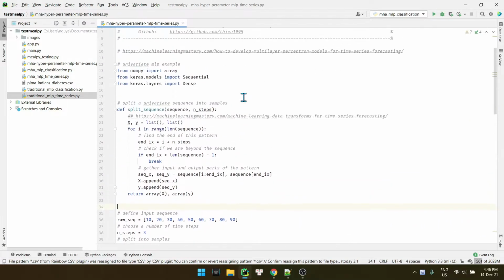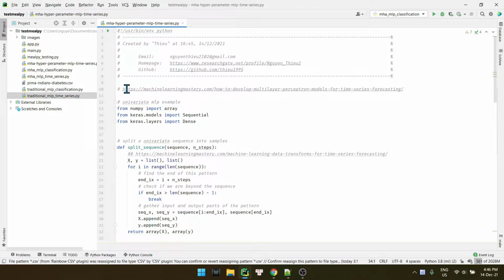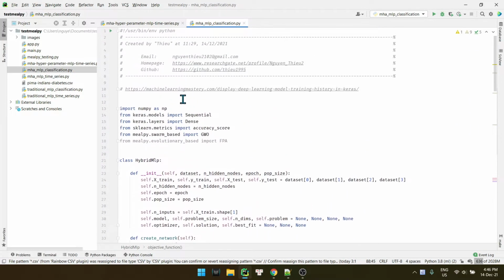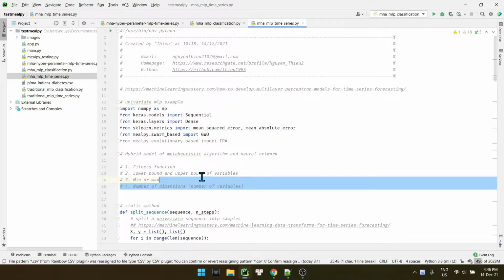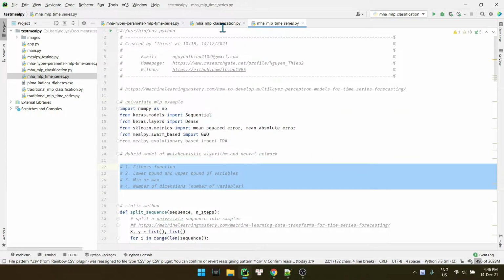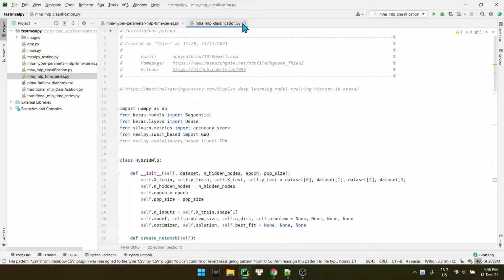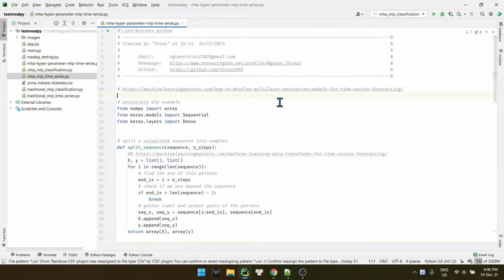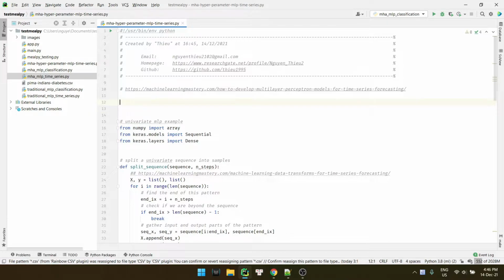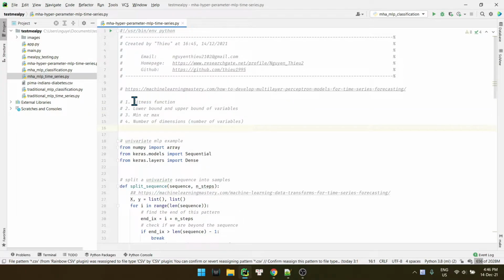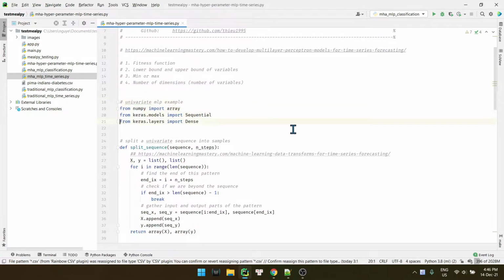Like I said before, we need 4 things: the objective function, lower bound and upper bound of variables, min or max problem, and number of dimensions, right? So let's start.